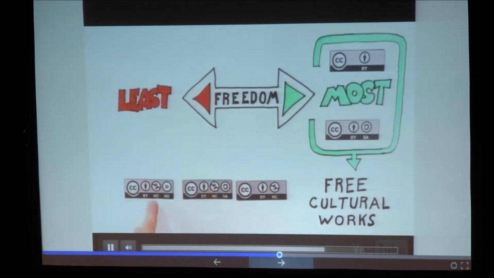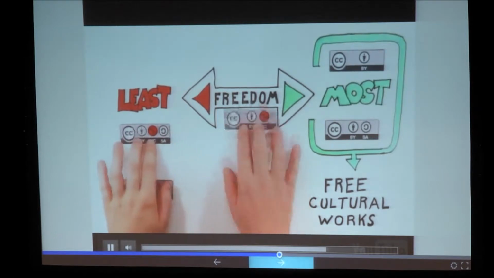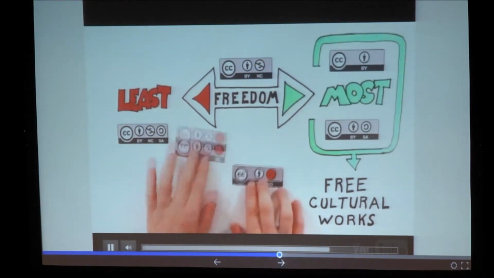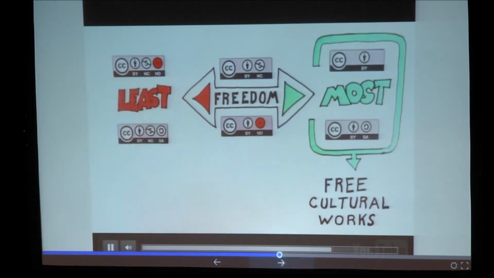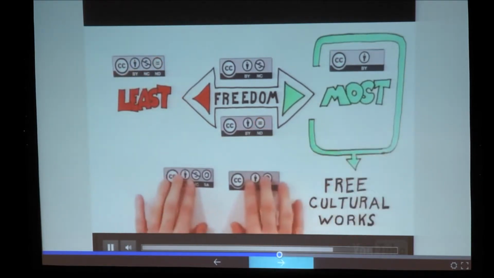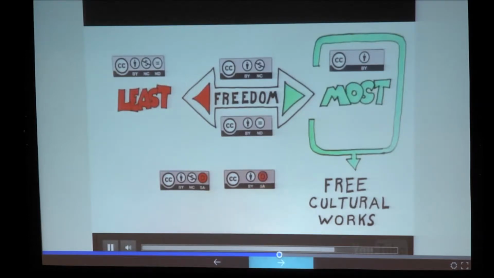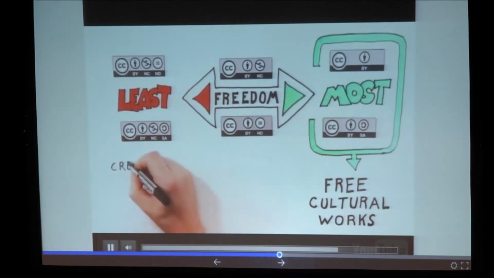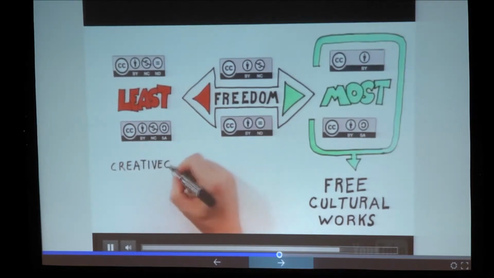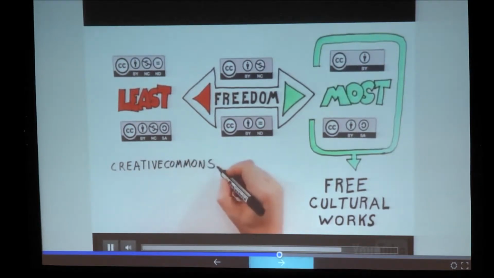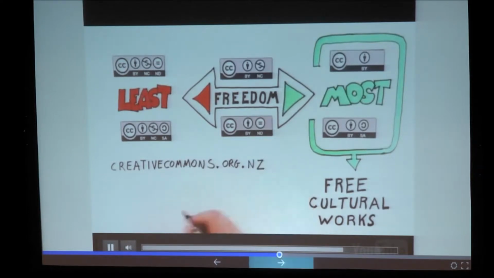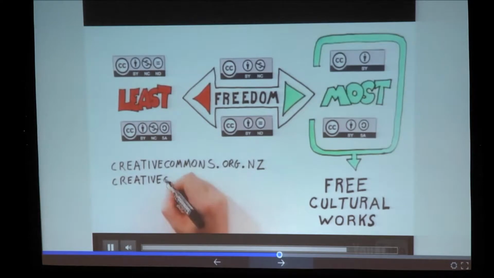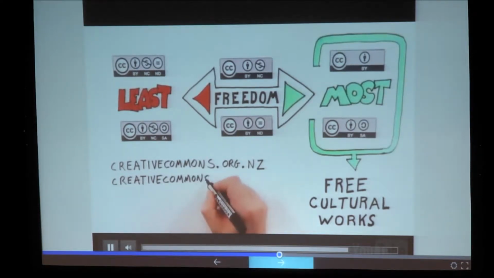These 3 licenses restrict commercial use of a work. And these 2 licenses do not give permission for adapting or remixing. These 2 licenses require new works to be licensed under the same terms. To choose and apply one of these licenses, and to view their terms in more detail, visit us at creativecommons.org.nz. Or you can answer some questions to help you decide which license best suits your needs at